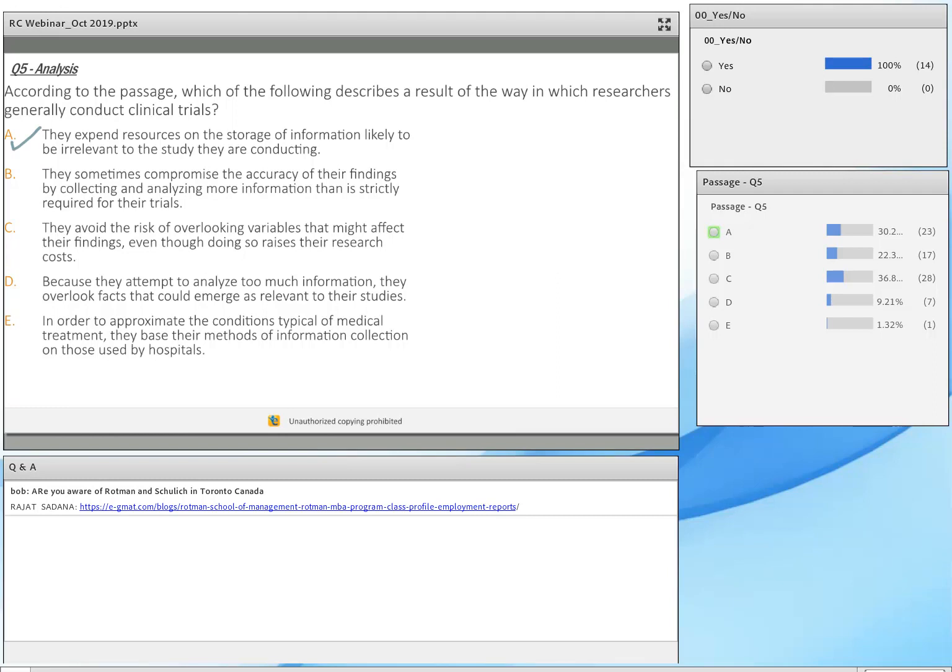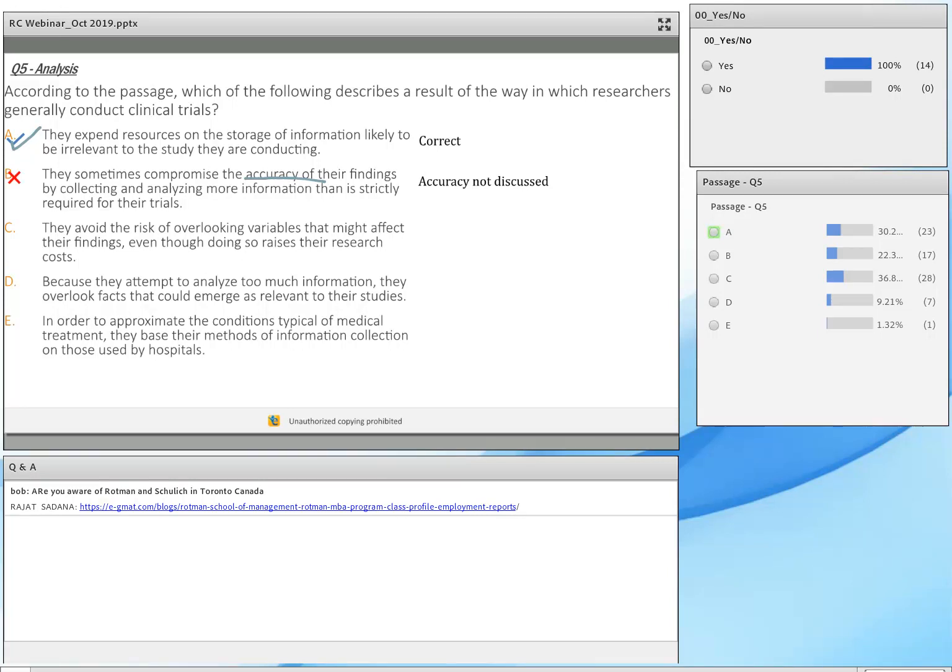But before we accept this choice, we need to reject all the other answer choices. They sometimes compromise the accuracy. Again, there is no talk about accuracy whatsoever. So this choice is absolutely wrong. Okay, so for those of you who selected choice B, about 1/5 of the class, where did you see the accuracy in the passage? There is no mention of accuracy. Okay, they avoid the risk of overlooking variables that might affect their findings, even though doing so raises their research costs. Again,